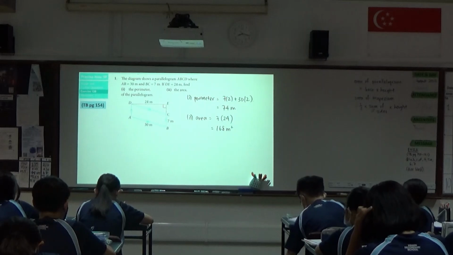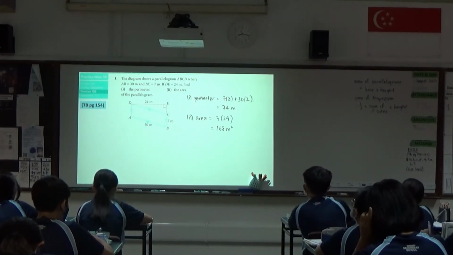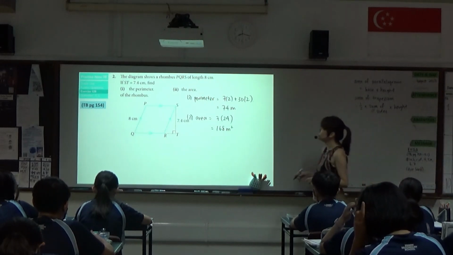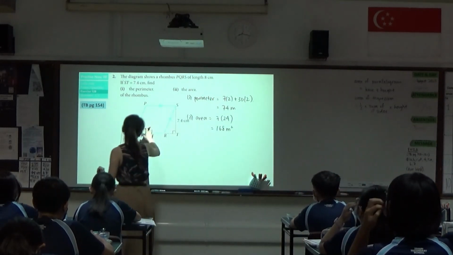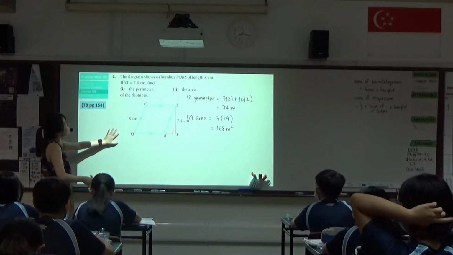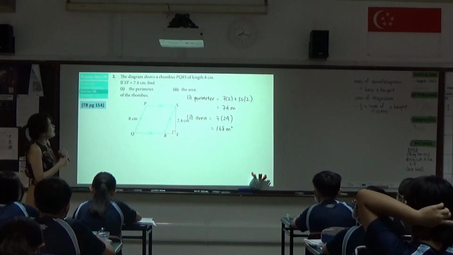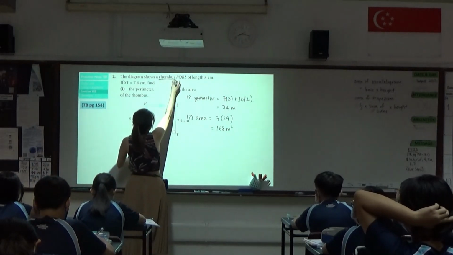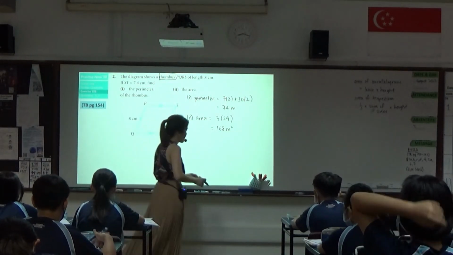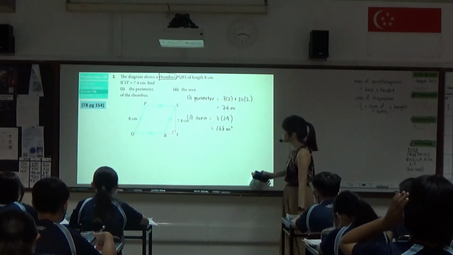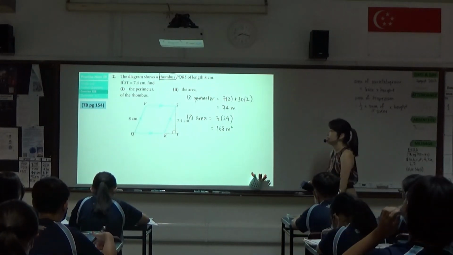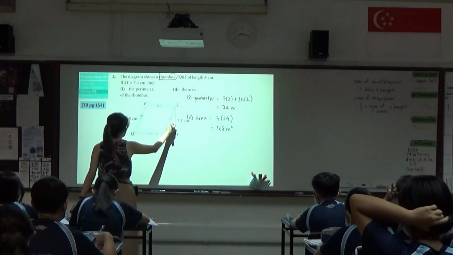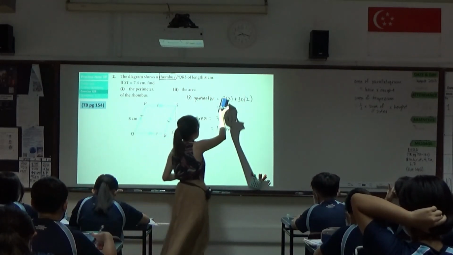Questions? Okay. So let's move on. Simple, right? Okay. Let's look at question 2. We want to find the perimeter and the area in this case. But in this question, one important thing to note is that it is a rhombus. So each side of the rhombus is 8 cm. Taking note that in a rhombus all the sides are equal in length. So in order to determine the perimeter,